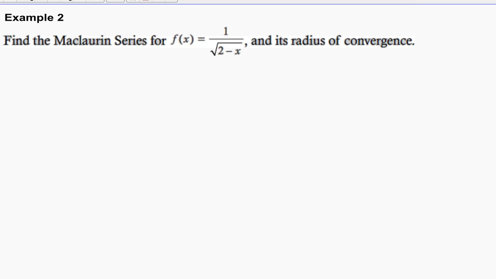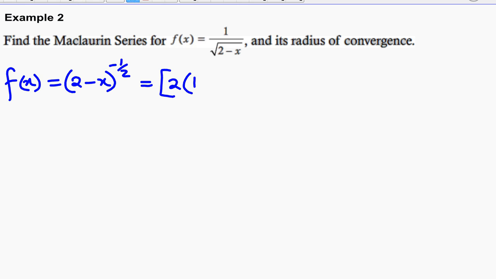In this question, you are required to find the Maclaurin series for this function and its radius of convergence. So this function can be written as f of x is equal to 2 minus x with a fractional power. So what we'll end up with is 2 minus x to the power negative a half. And then what I'm going to do is factorize out 2. So basically I'll have something like this, 2 in bracket 1 minus x over 2, to